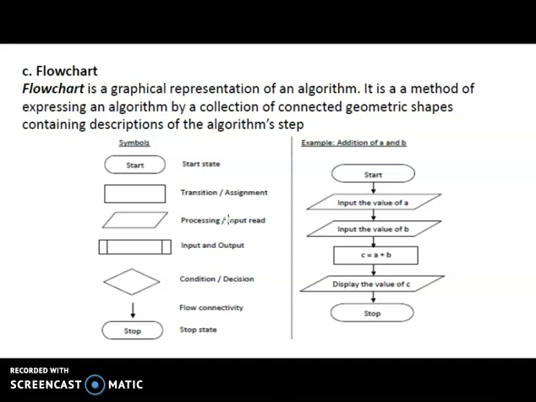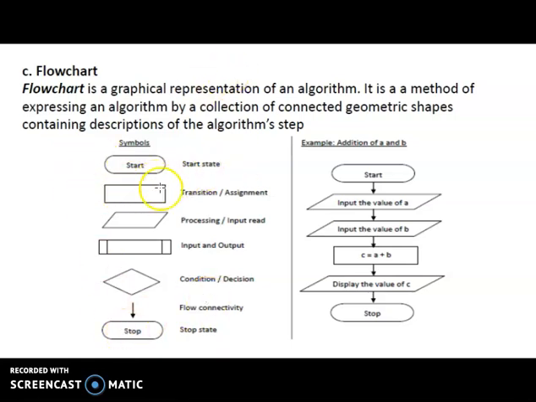There should be a start, a process or assignment, and processing. This is input/output, this is a condition, this is flow connectivity, this is a stop state. Here are some flowchart symbols. The oval symbol is called the start state and stop state, the starting point and ending point.